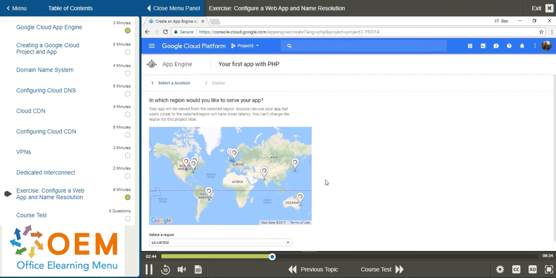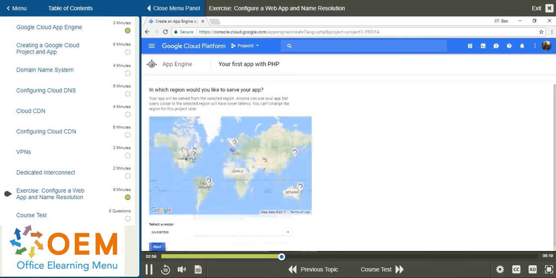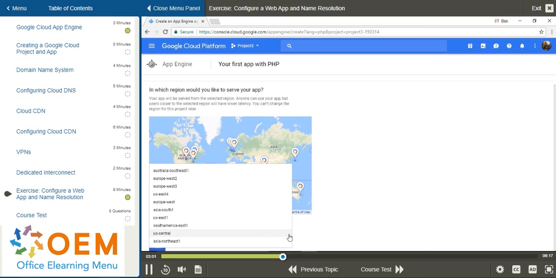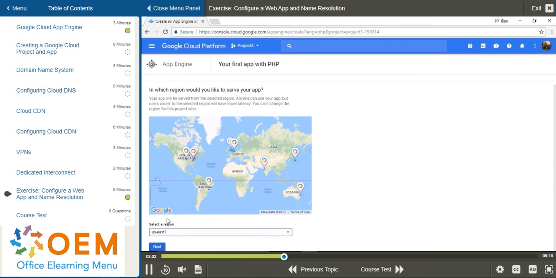The next order of business is to determine in which geographical region we want our web application served from. So naturally, if we're going to do this on the east coast of the United States, we'd probably want to choose one of the regions in that location, either from the map selector, or I could scroll down and also choose it from the drop-down list, which I'm going to do here. I'll choose US East 1. Now, bear in mind, if this is going to be a globally used application, then you also have the option of configuring a content